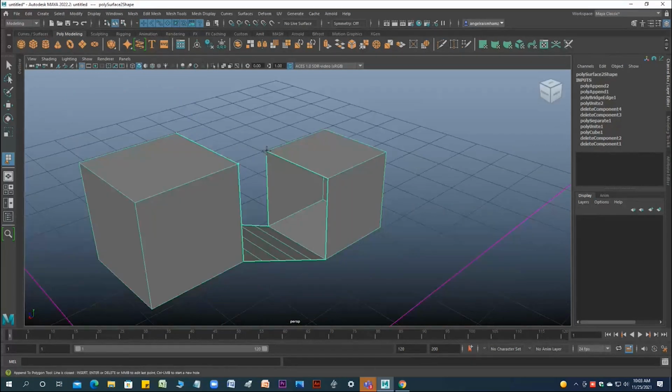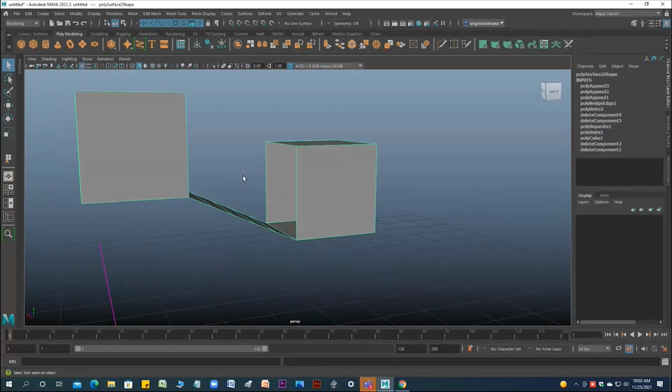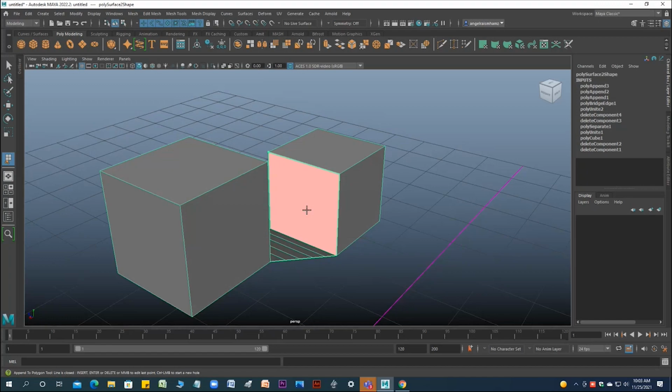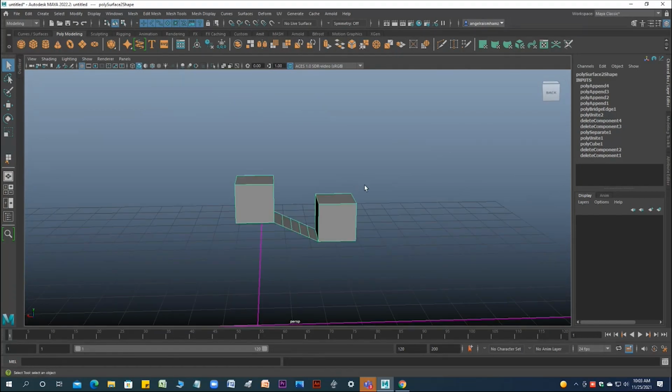So you can close like this also. Once you close, then enter, then come back again, reuse this. This way you can close this surface, delete this surface. So this is all about bridge. One condition: the object has to be combined.